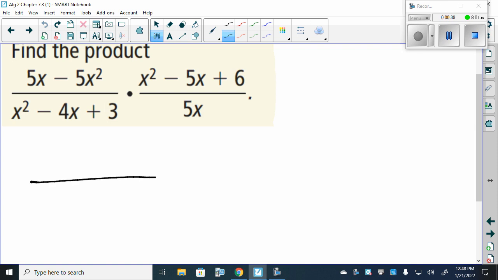And as we saw yesterday, when we multiply these two rational expressions together, it's going to be really helpful if